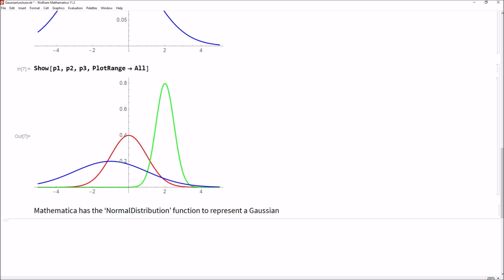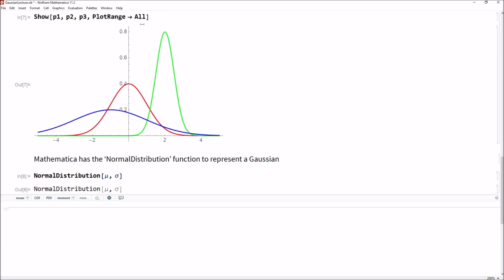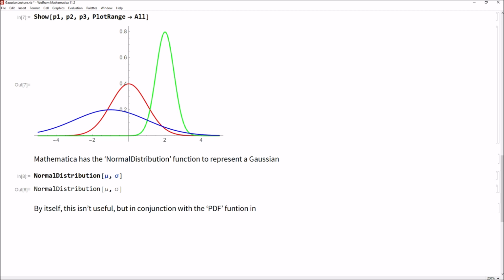So what you can do is you can say normal distribution, and you pass it the mean and the standard deviation, and shift enter. You can see by itself this isn't terribly useful, because Mathematica stores this as a fairly complicated and versatile object. So by itself this isn't useful, but in conjunction with the PDF function in Mathematica,